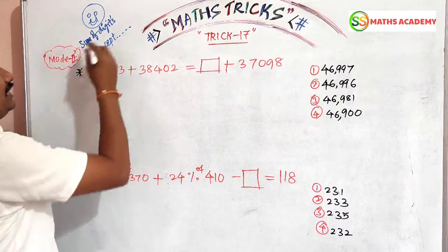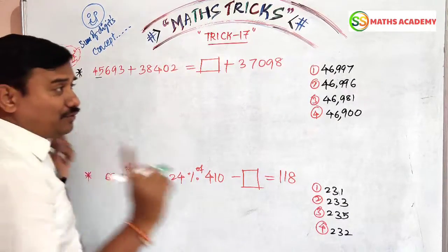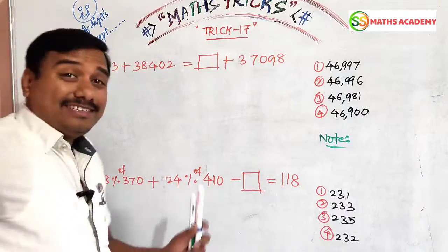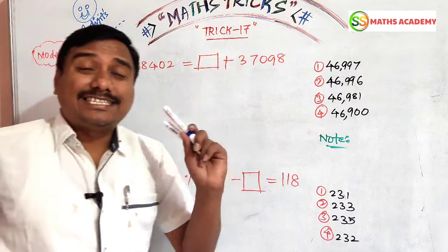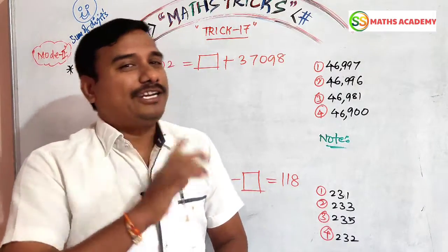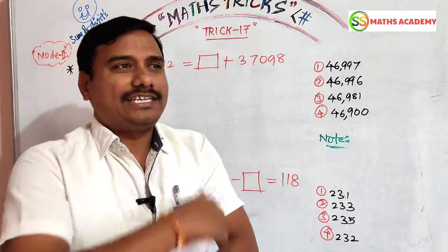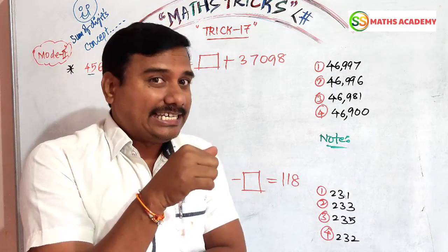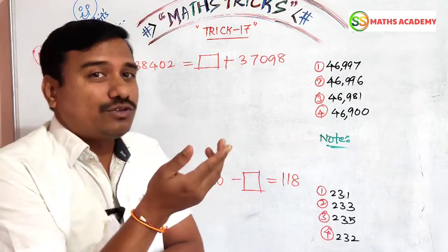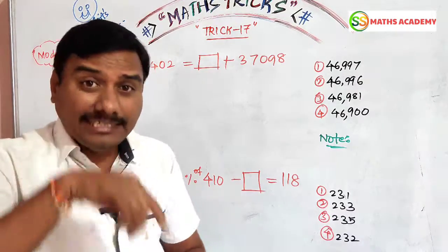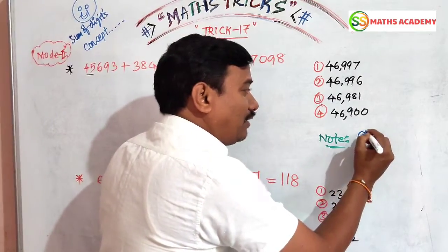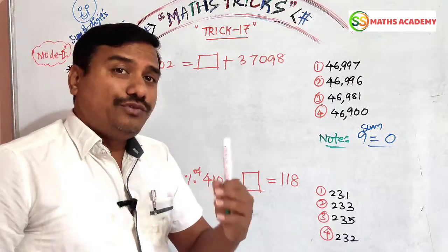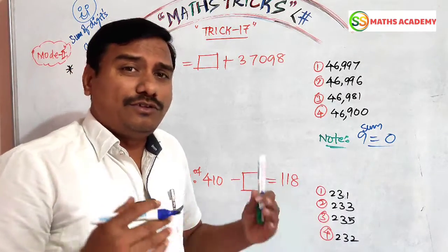Yes. Now the unit digit sum concept, 4 plus 5. Here is a very important note I want to tell you. In this sum of digits concept, you have to remember one important note, my dear friends. What is the important note? For example, when we add the numbers 2 plus 3 plus 4, we get 9. In that case, you can consider the sum of the digits equal to 9 as 0. If you take the 9 also, no problem. You will get the same answer.